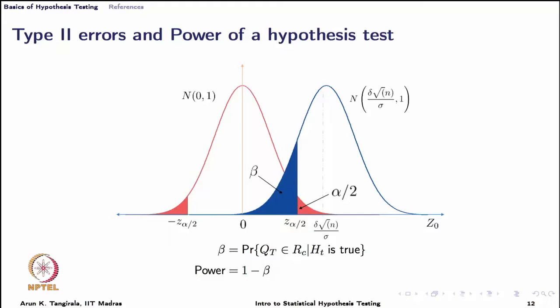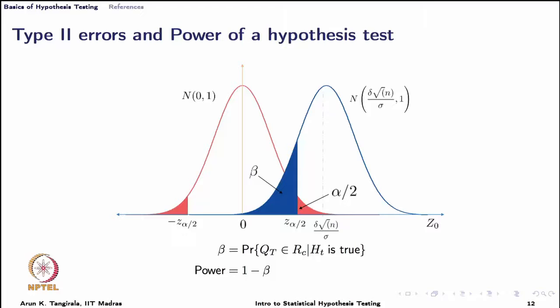We have seen what alpha is graphically, and I am illustrating this for a two tail test, remember that. So, what is this beta? If you recall, we are saying that the null hypothesis is not correct, is not true. The alternate hypothesis is the one that is true. Now, the curve that you see in the red is the PDF of the test statistic assuming null hypothesis to be true, and the curve that is colored in blue is the sampling distribution of the test statistic when the truth is something else.